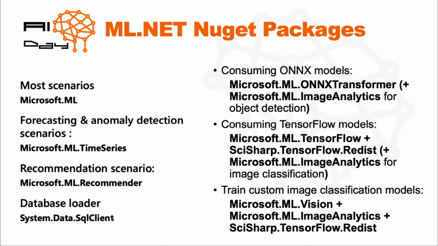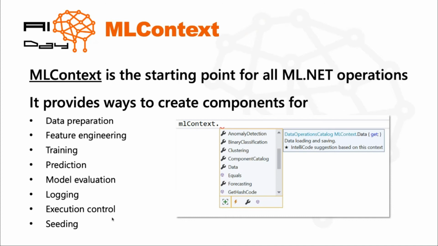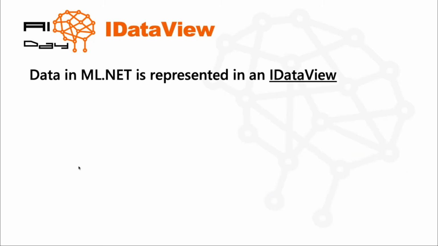After you add this, the main object that you are going to use in your application is the ML context, which is the starting point of all operations. You create an instance of your ML context, and you can use all the functionality that we will briefly explore. Of course, you can load the data, you can train a model, and after you train it, you can predict. And this is what we're actually going to talk about.